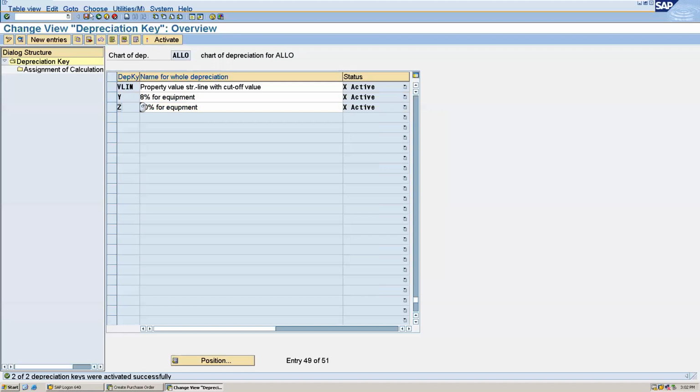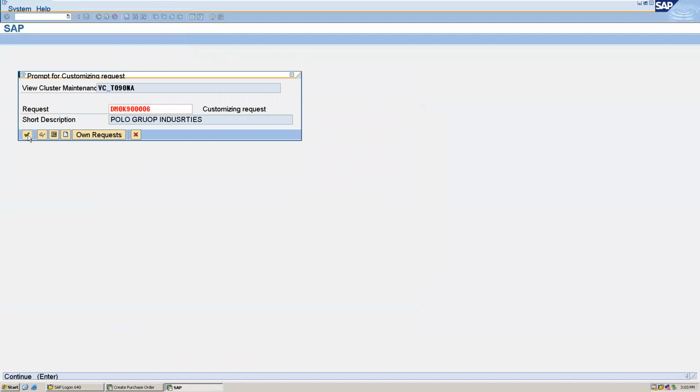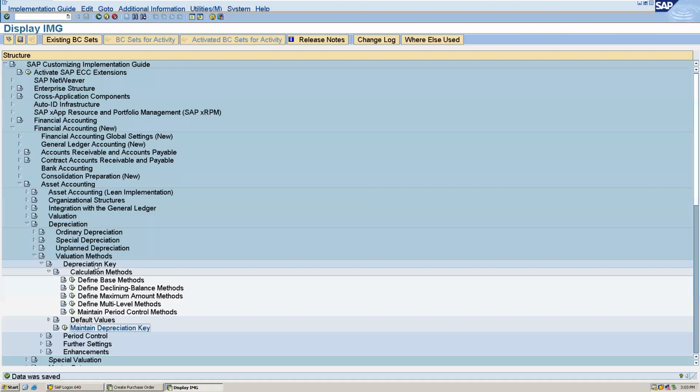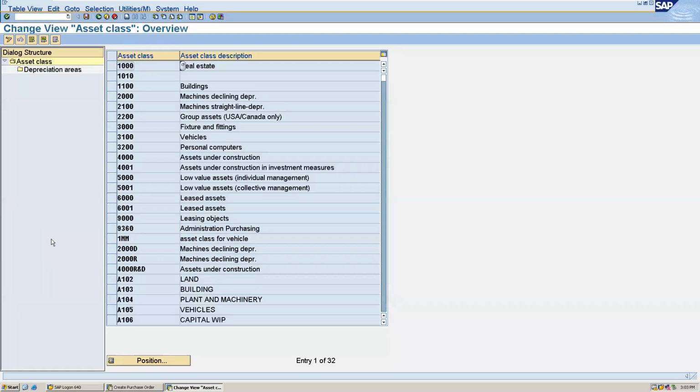Now we have to link the depreciation key to the asset class. Now let's see how we can link the depreciation key to the asset class. Go back. Okay, I have saved this and go now to valuation, and here determine depreciation areas in asset class. Okay, we have to select our asset class that I have maintained. The asset class is ALL.